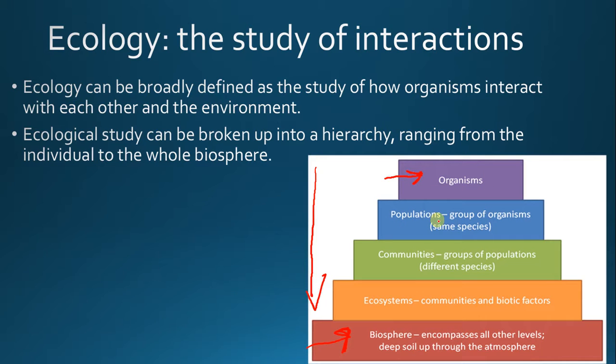For example, populations are a group of organisms in the same species, and communities are all of the populations that live geographically together and interact. So all the different populations of all the different species found in a specific area that interact are communities. And then our ecosystem is all of the communities in a specific geographical area, and the abiotic factors, or the non-living